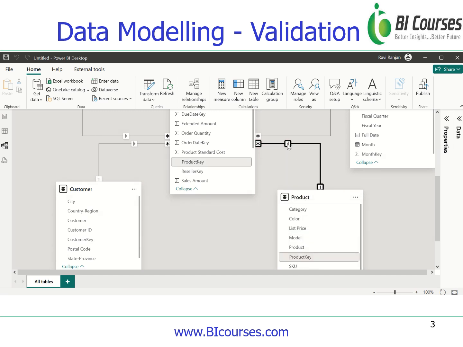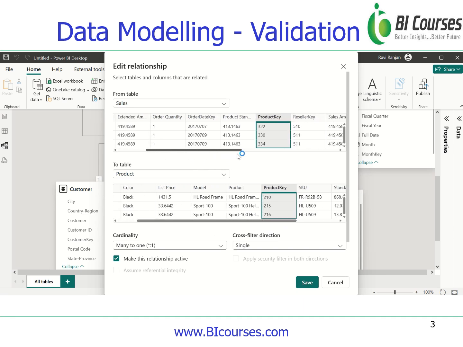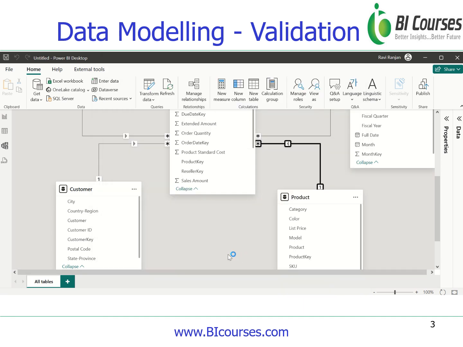Seems like it was able to. The moment we select the relationship, product key gets highlighted, or if you double click on it, the two fields on which the relationship has been created, both of them will be highlighted. So we are good. Now let's see from where to turn off this feature,